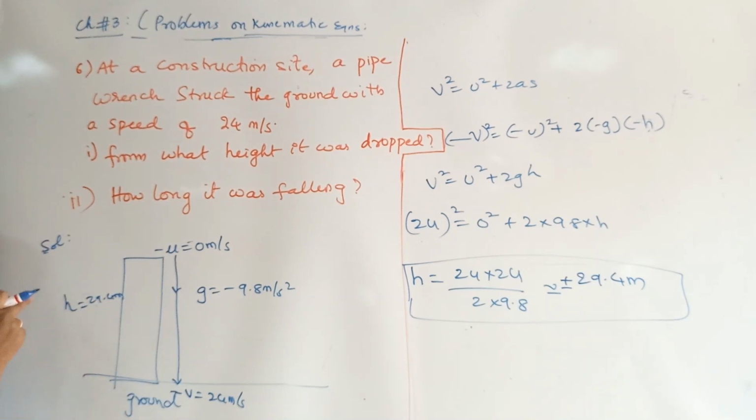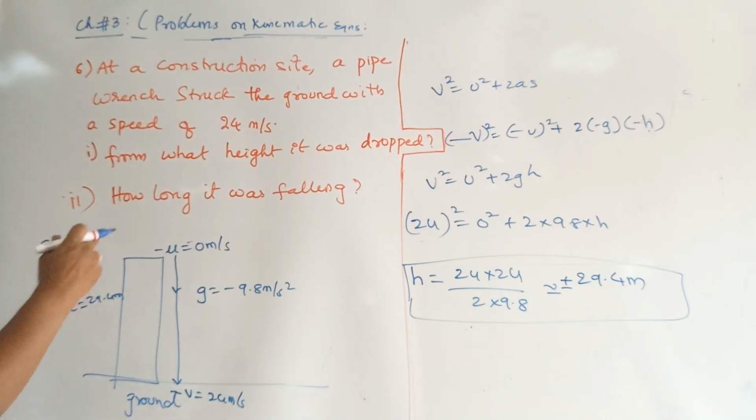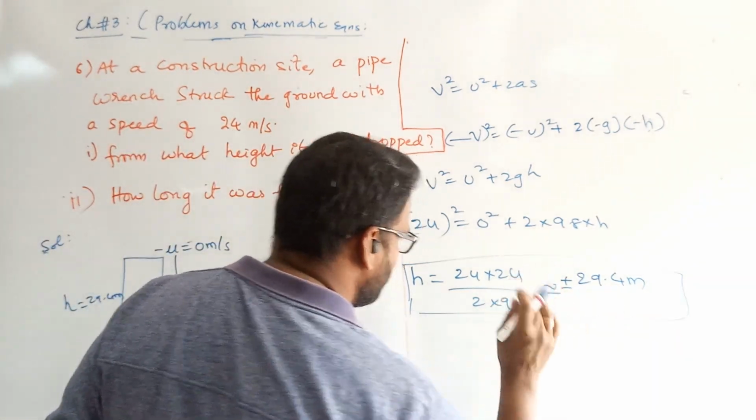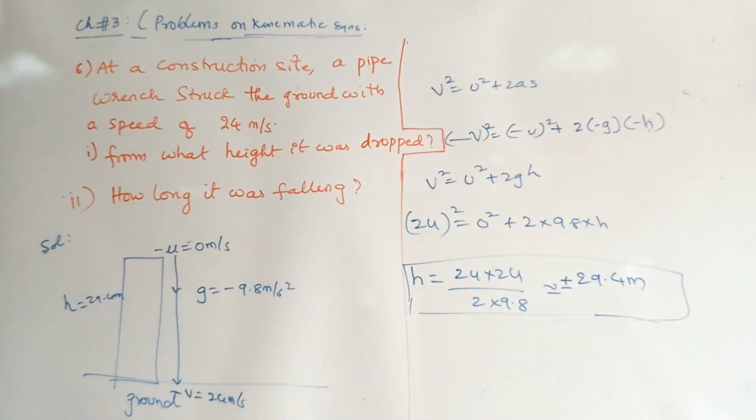But from where is it 29.4? For the person who is looking from the ground, it is 29.4 meters. But for the person who is looking from the top, it is minus 29.4, because from up it is going in the downward direction. So it is plus or minus 29.4. In this context, you should always remember plus or minus we apply according to our senses, or from the question point of view. This is the first part, right? Now what is the next part? First part is finished. It is easy; only understanding the question is important.